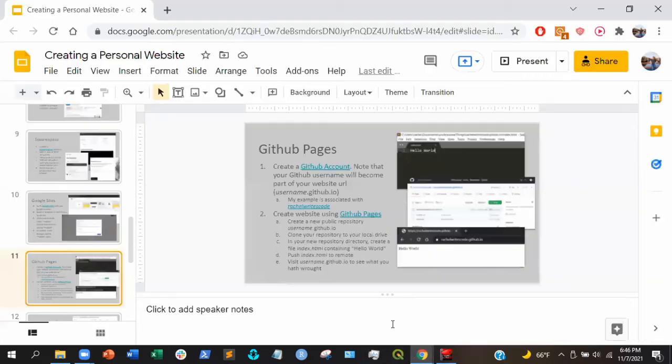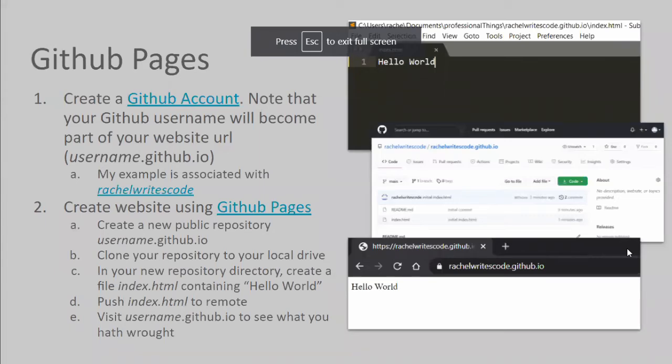And then finally, the option that obviously I chose to go with is GitHub Pages. So I guess who here has a GitHub account already? Okay, that's good. So yeah, if you already have a GitHub account and are comfortable with using it,